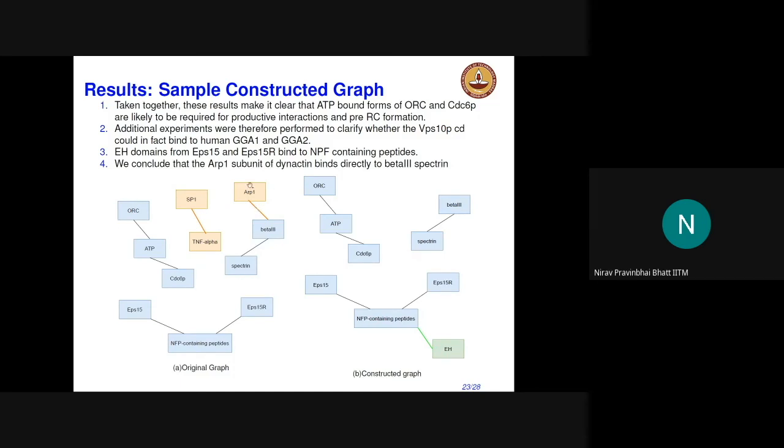So this is a complete graph, and what is interesting here is that some of the relationships which we have predicted are predicted well. Some of the relations we could not predict. By the way, we could not predict that there is a relation between SPN and TNF alpha, and ARTP1, and that all actually has a relationship. But interestingly, we actually predicted one new entity which has a relationship.